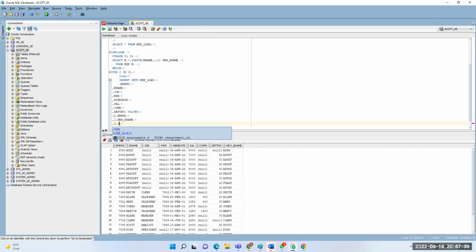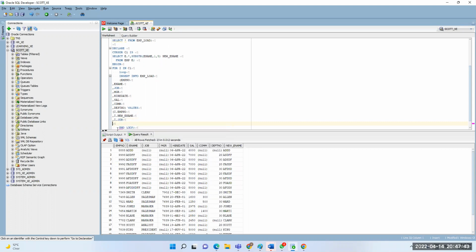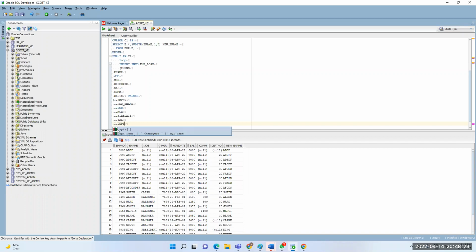Job, I dot MGR, I dot hire date, I dot sal, I dot DPT number. DPT number is the last one for us.